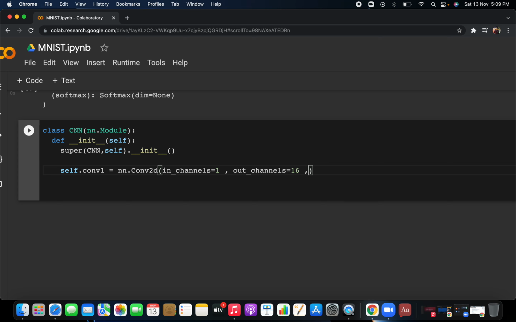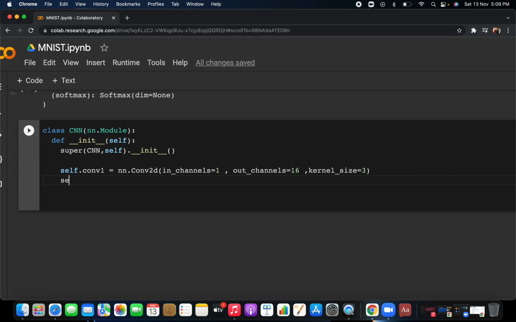Then the third parameter you have to pass: the number of filters you have already provided, but what will be the size of each filter, basically the kernel size. It is called a kernel, or you can say a filter, and here you have to pass the kernel size. Kernel size means the size of each filter. We are going to use 3, meaning 3 cross 3, that is the size of each filter, and you have a total of 16 filters. That is what you are going to use for the first convolution layer. It's clear, I don't think you will have doubts in this.